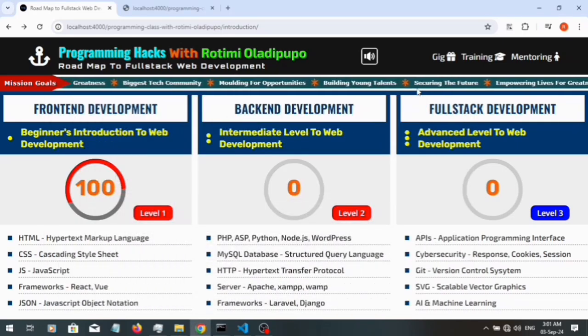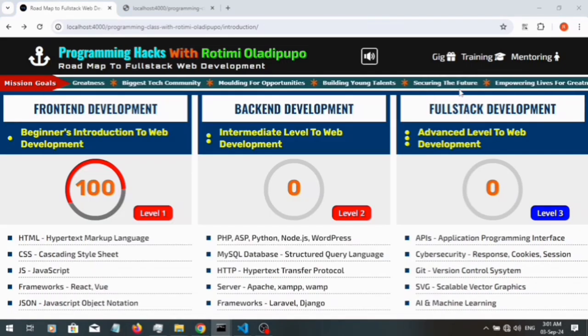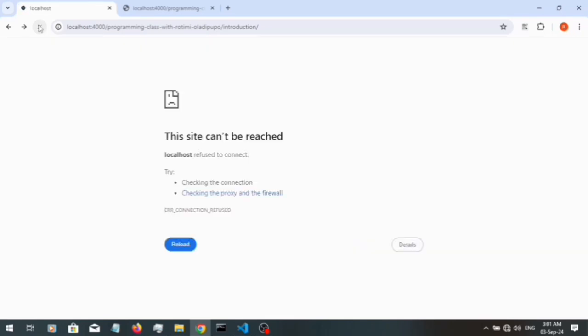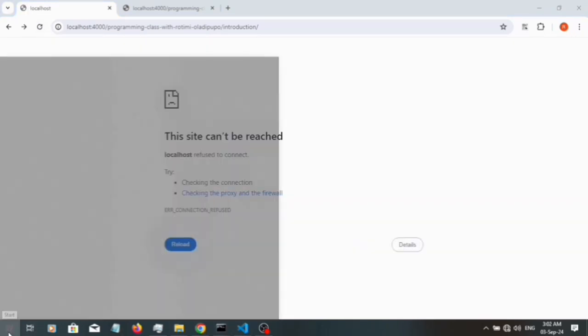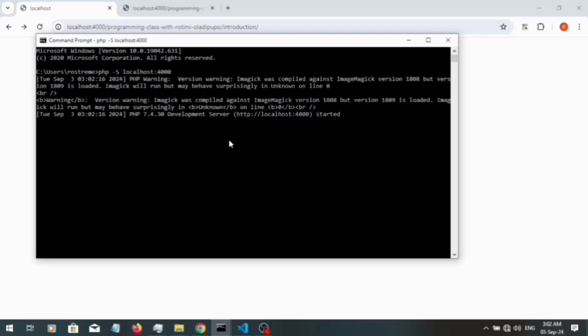If I minimize the server and I click refresh, you are going to see that the website can refresh, right? But if I come to the server and I switch it off like this, and I click refresh, the website is not going to load because it's not going to be able to find the website again. If I now go back and relaunch my server, PHP server localhost 4000, and I tap enter,